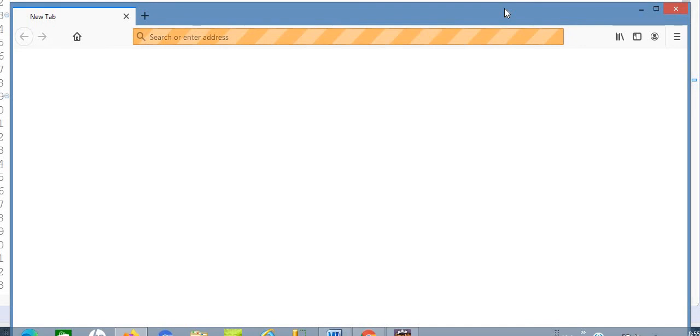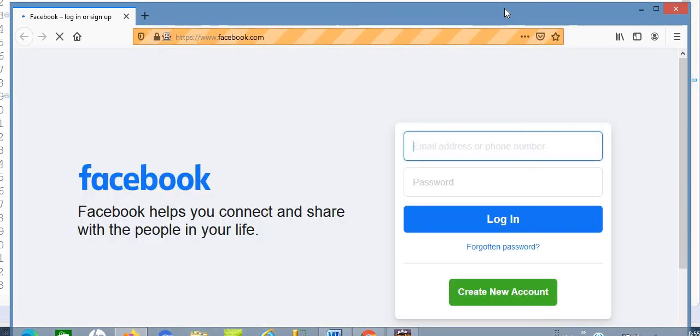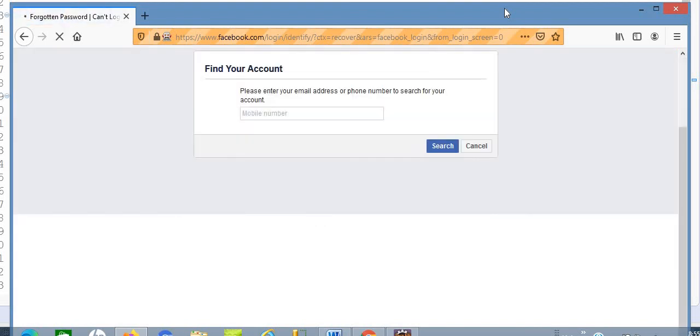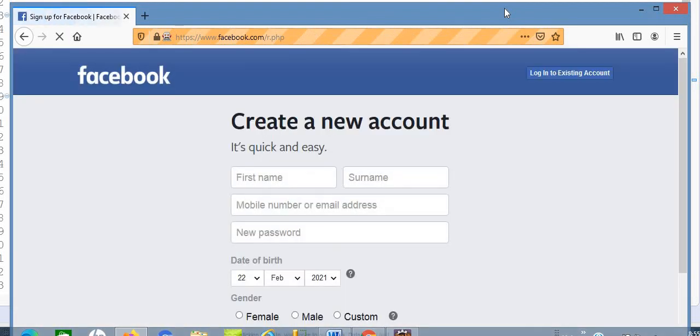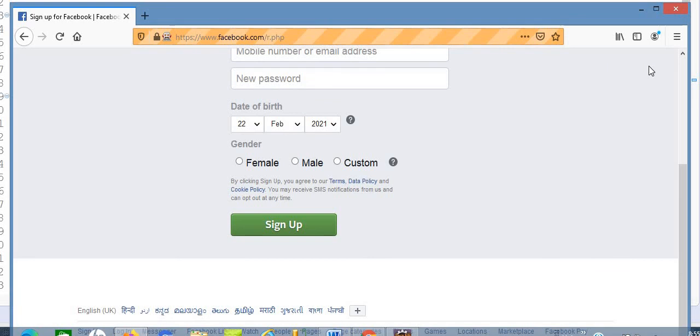Just see, it will open Facebook automatically. Then it will give my values, click on login and forgot password, and the footer links for which I gave the values. And this runs automatically.